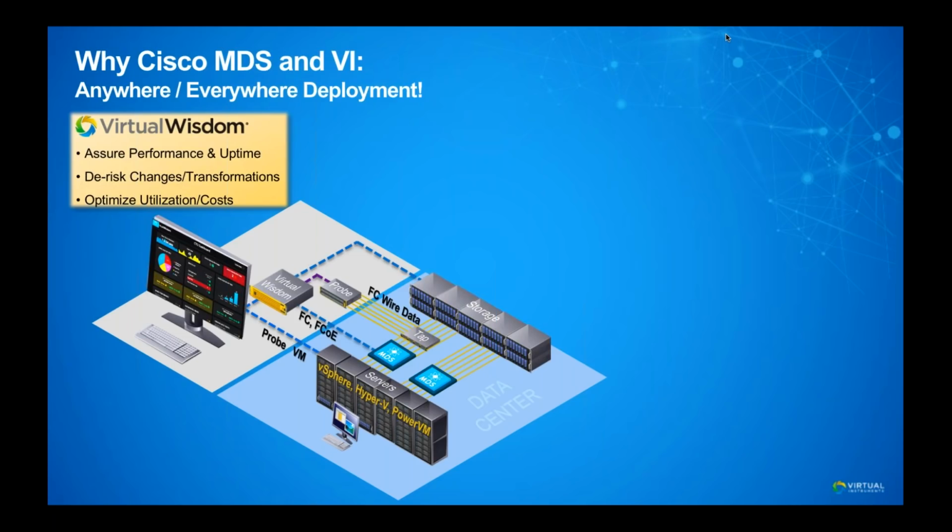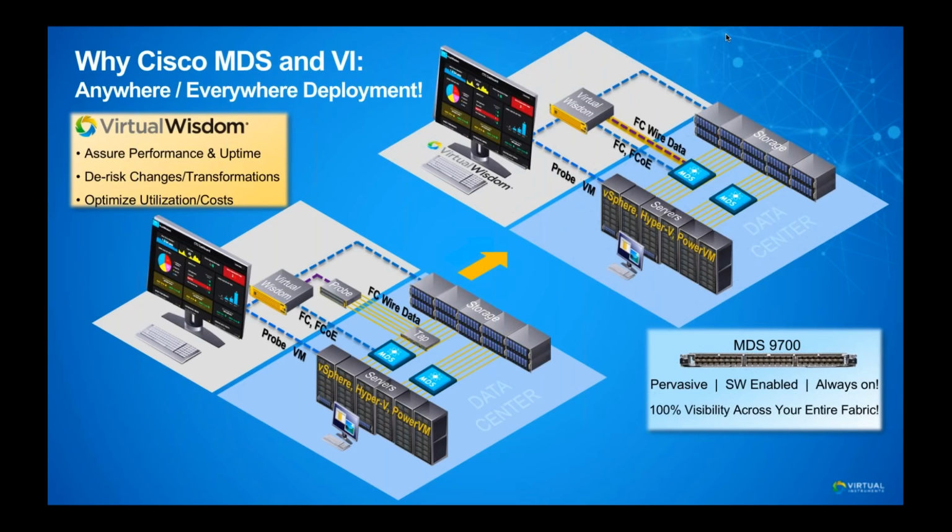That's what that FC wire data was. And as you can see by this image, it required not only physical equipment, but also secondary cabling, rack space, cable management, and very precise cable to probe precision. Today, with Cisco's hardware-enabled, software-enabled MDS 9700 with the SAN telemetry streaming enabled, we're getting that FC wire data directly from the MDS. No additional cabling required, no taps required, and no hardware probes required.